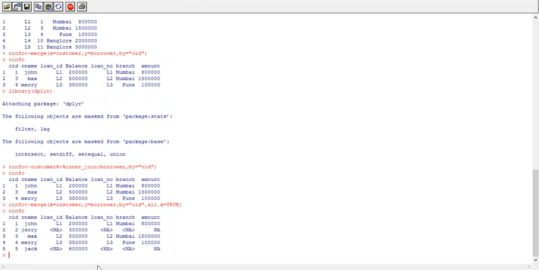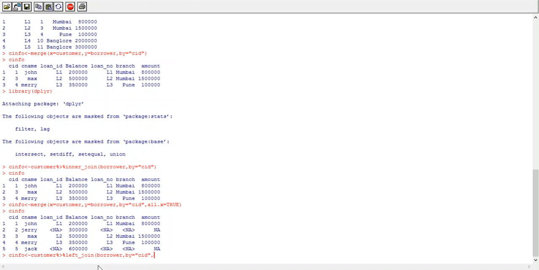Now we'll see how to implement the left outer join operation by using the left join function. So cinfo equals to, I am overwriting the same data frame, cinfo, because it is only for demo purposes. So cinfo equals to customer, the name of the left data frame or first data frame, then %>%, then use the left join function, left join, then the name of the second data frame, and specify the name of the common attribute, that is customer ID.